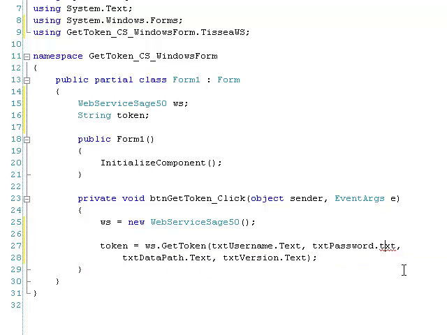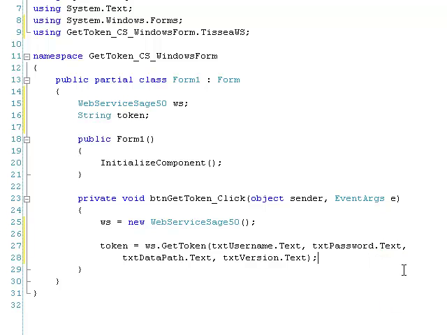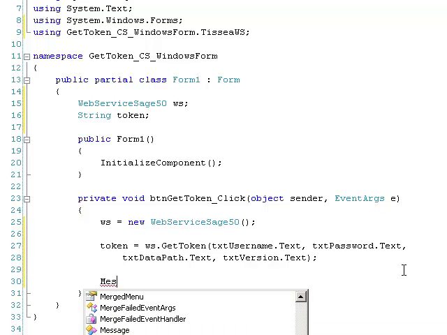Okay, so at this point, the method will return the actual token,